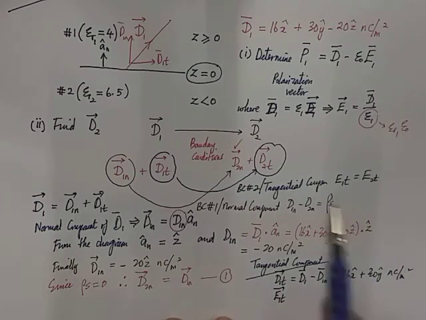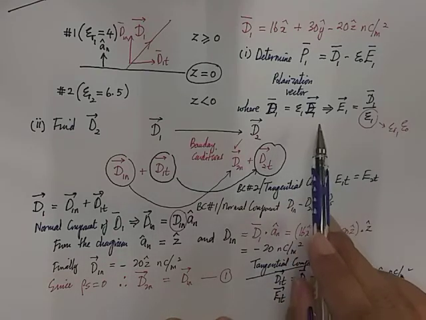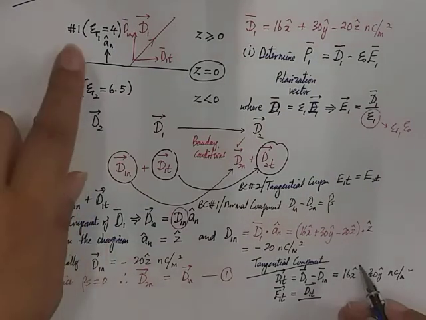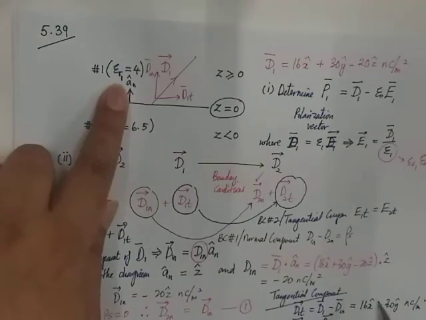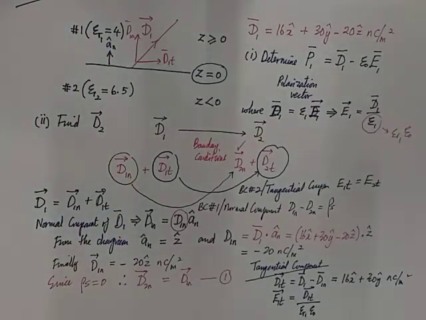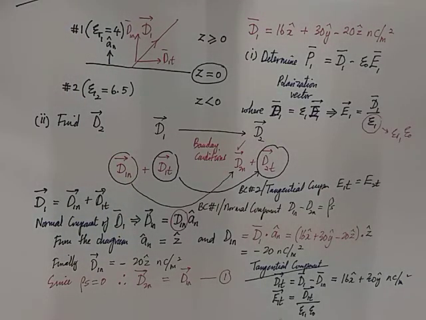Okay, D equal to epsilon E. E should be equal to D divided by epsilon. So now it should be equal to D1t that we obtained up here divided by epsilon 1. What is epsilon 1 equal to? Good. It should be epsilon r1 epsilon naught. That should be E1t. And then using boundary condition number 2,